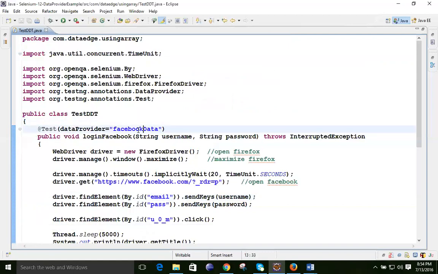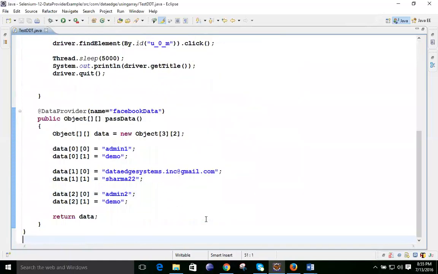So whatever username and password you send the first time, it will copy to these two locations, and it will open with that. What will be the format? Just now I was talking about the multi-dimensional array. The disadvantage of a multi-dimensional array is that the data should be of a similar type.